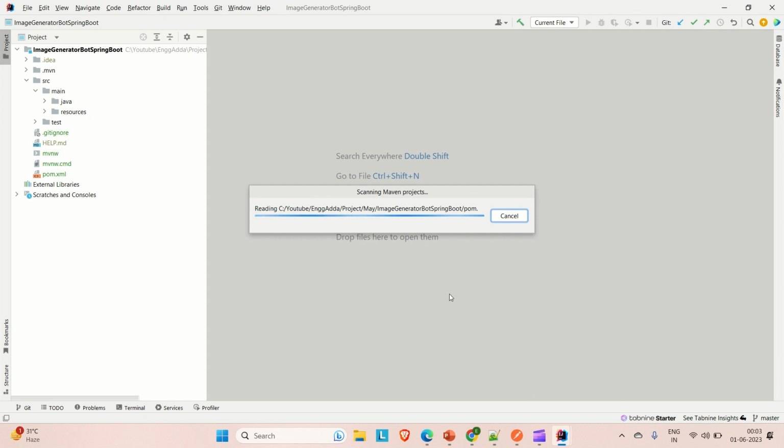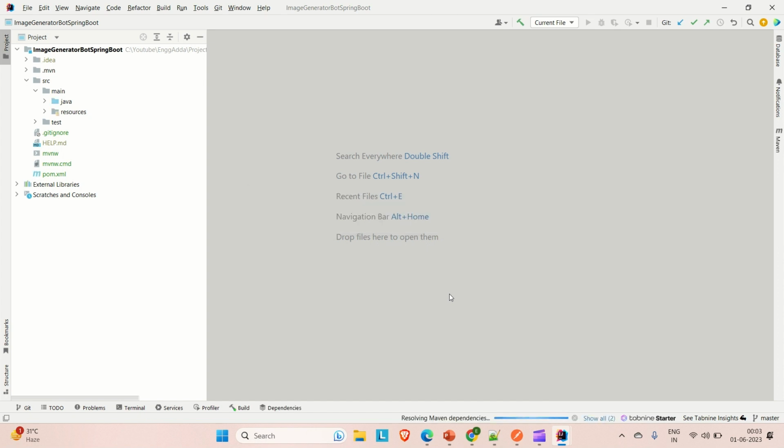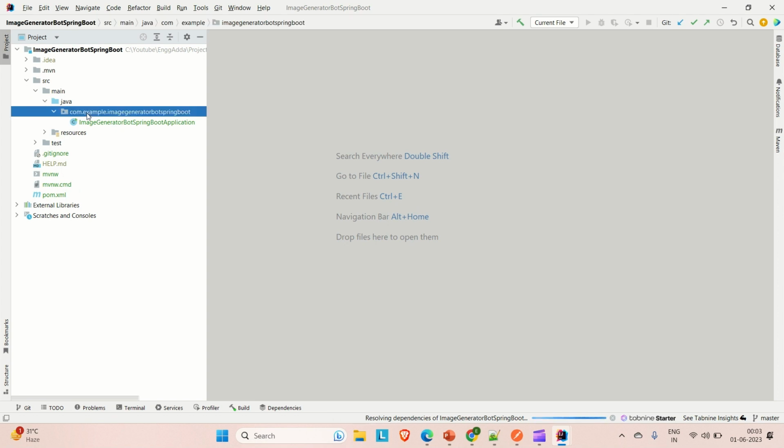It will try to download all the dependencies that we have included in pom.xml, and then in a few seconds it will be good for the development. Here you go. Okay, so it is good now. Now let me try to create the